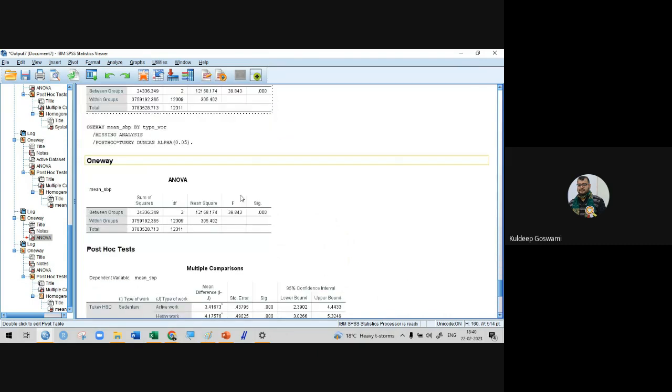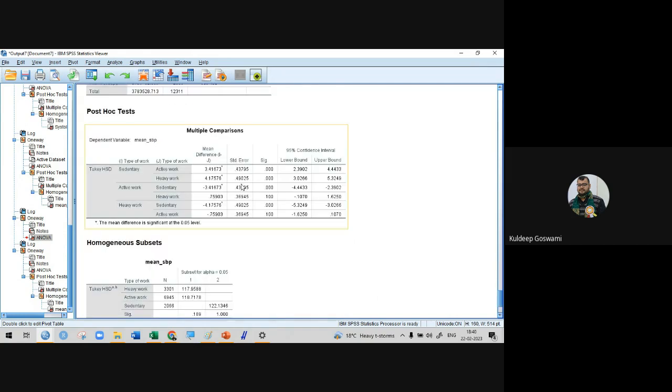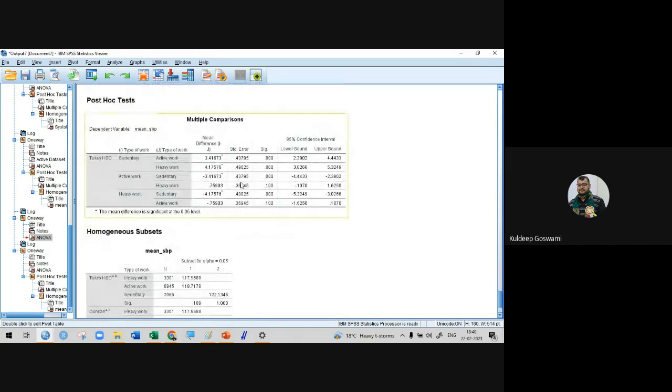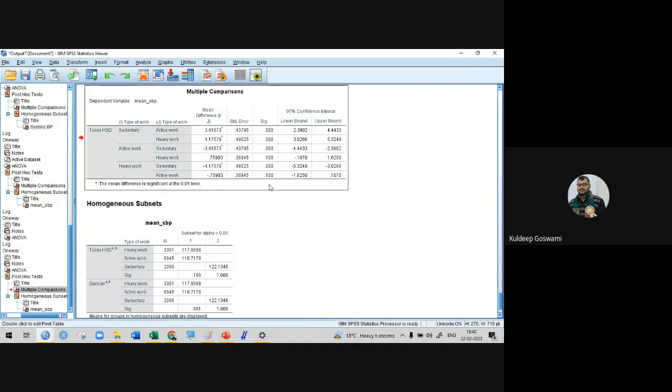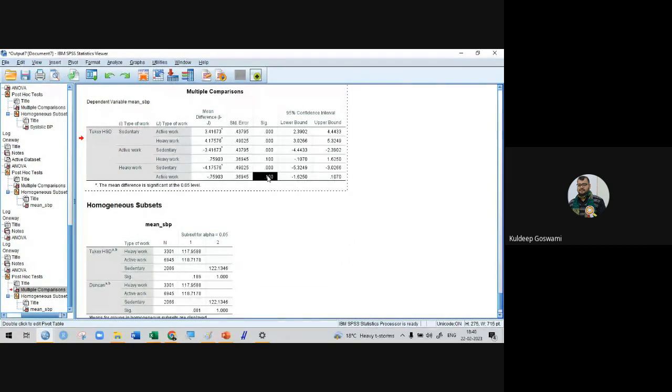But this shows that this value and this value, both coming for active and heavy work, are not significant,